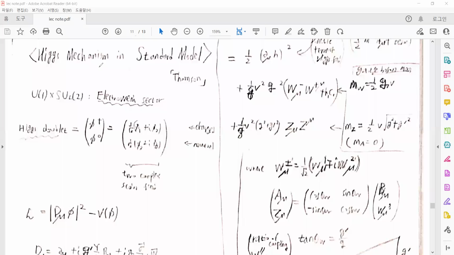Right, today I will talk about the Higgs mechanism in the standard model. We already saw some spontaneous symmetry breaking with the examples of the scalar fields and the complex scalar fields with U(1) symmetries and the gauge boson fields in the U(1) covariant derivatives. And today I will talk about how the gauge bosons and the fermions acquire some of the mass with the coupling of the Higgs. And in the standard model, the gauge symmetries are given by the U(1) times SU(2)